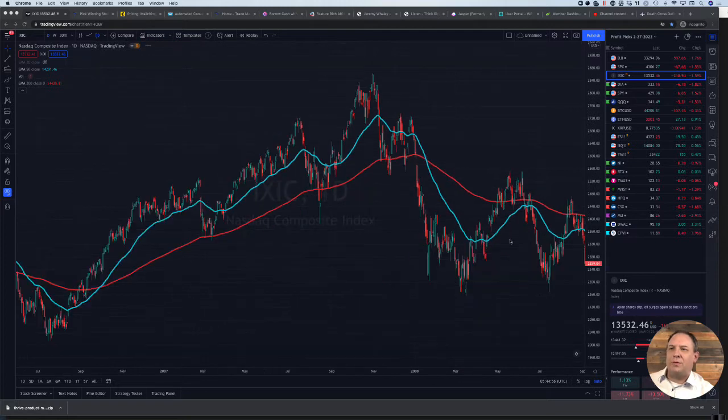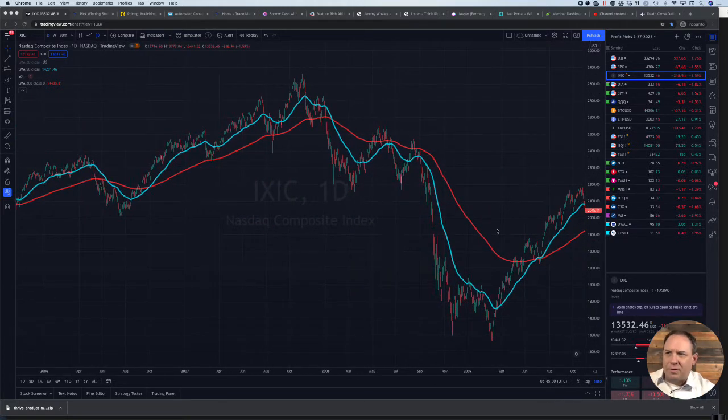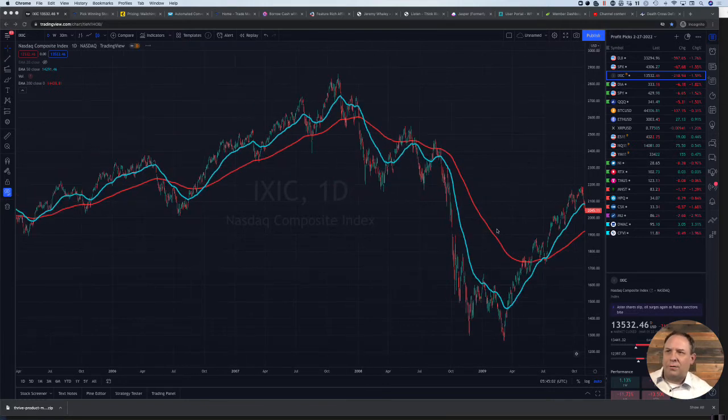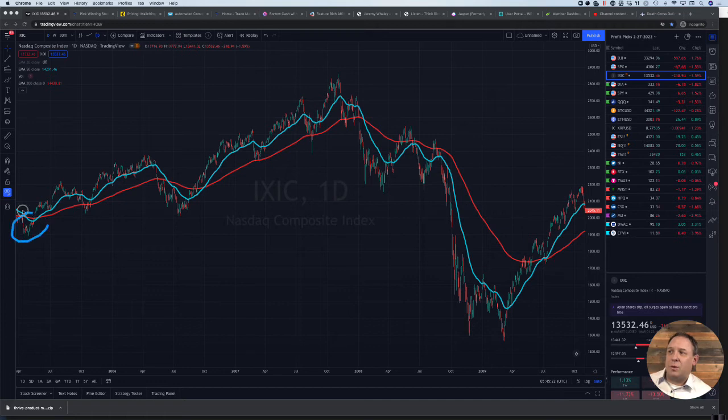So let me zoom out so you can see this whole thing. I want to give the death cross all of its murderous credit that it deserves. All right, because we had a death cross here in 2008, and eventually we did have a big bear market. So yes, the death cross was deadly. All right, I'm being a little bit dramatic, folks, but I'm not really. If we go back even further, you can just see on here, there's 2 more. There was one here where nothing happened.